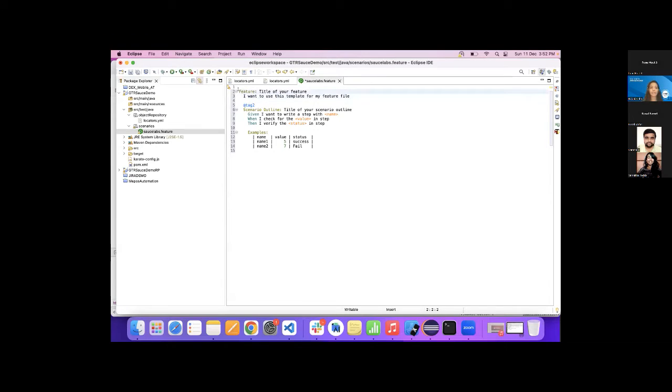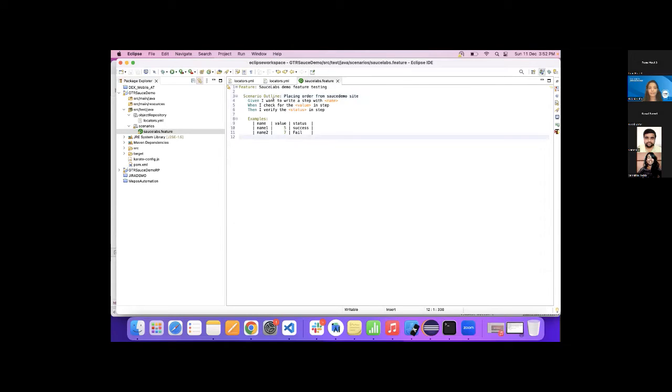So we can provide a feature details. This is our Sauce Labs feature. Sauce Labs demo feature testing. Let's get rid of this tag as well. Now the scenario is basically we will be placing an order from the Sauce demo site.